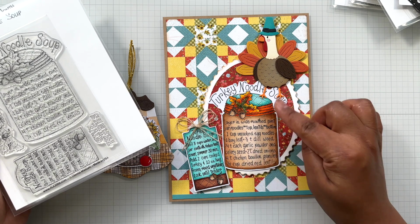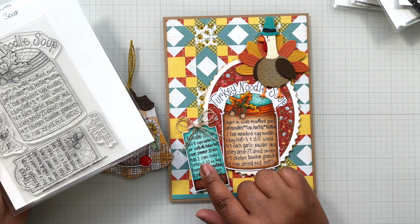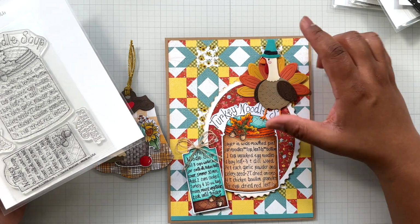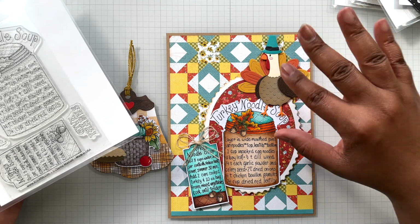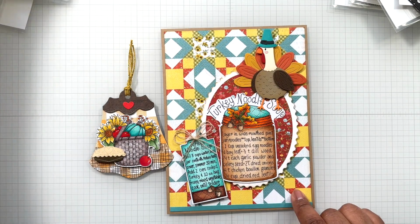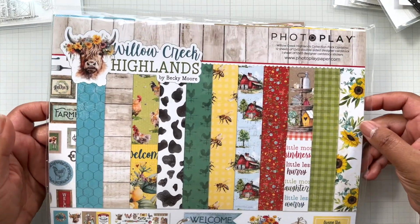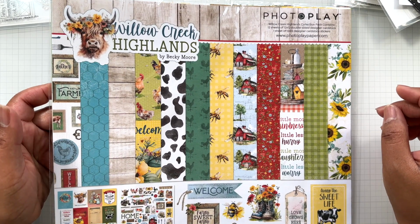This is all Copic markers for this one. So I did a light tan, dark brown, turquoise, and orange. That's why my turkey has a turquoise hat. Or teal turquoise. That was the colorway I was going, mixing between both. And it was all actually inspired by that pattern paper. The pattern paper that inspired all of this is from this set, Willow Creek Highlands. This is by Photoplay. Love this collection. And the pattern paper is...